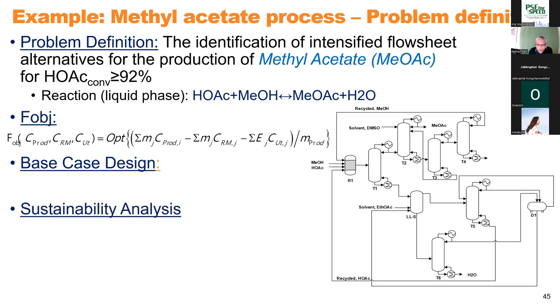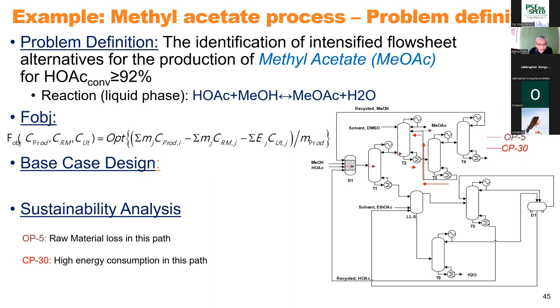And we first take the design, simulate the design, and find out where the hot spots are. The hot spots are here. It requires a lot of energy. And another one here, we are losing a lot of the reactant. So both need to be stopped. We need to stop the reactant loss. We need to reduce the energy cost, but also material cost. How many distillation columns are needed? Can we reduce them also?